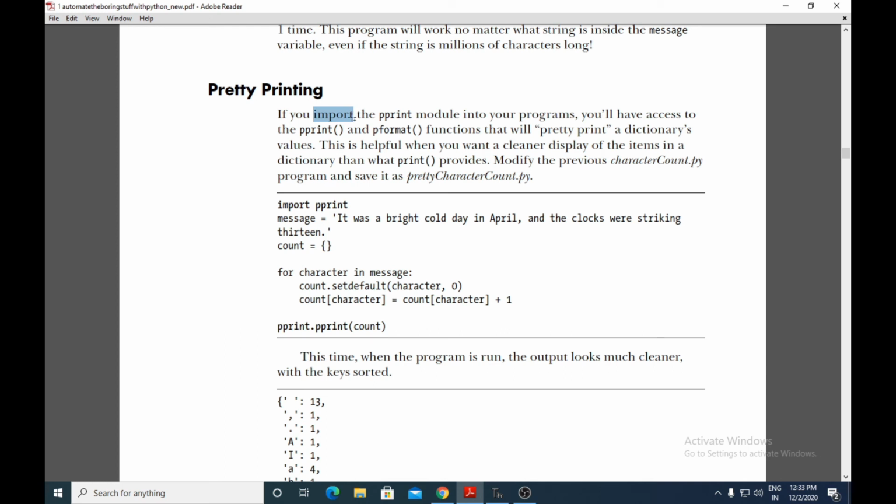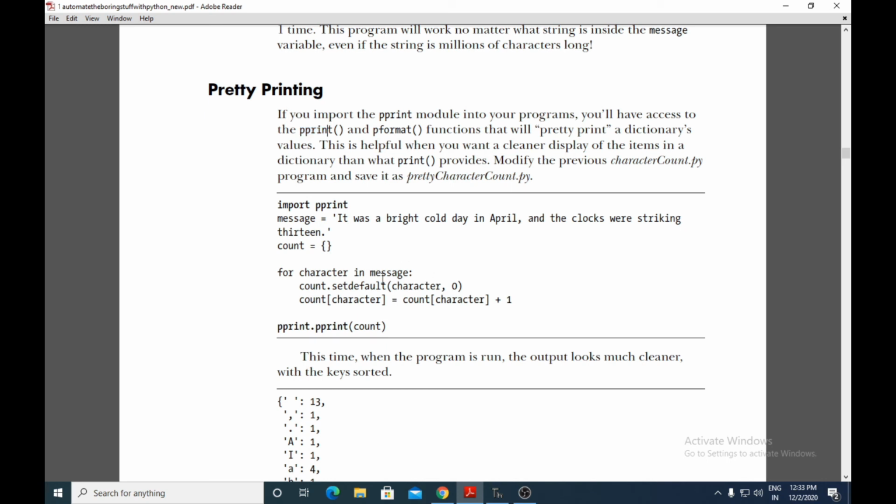This is helpful when you want a cleaner display of the items in a dictionary than what print provides, instead of using the print function.